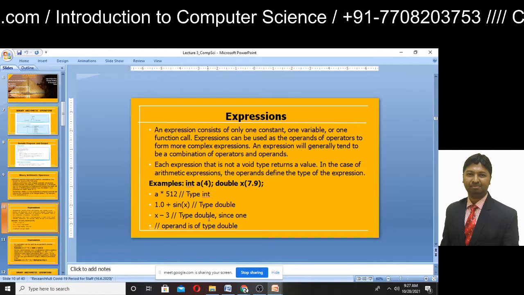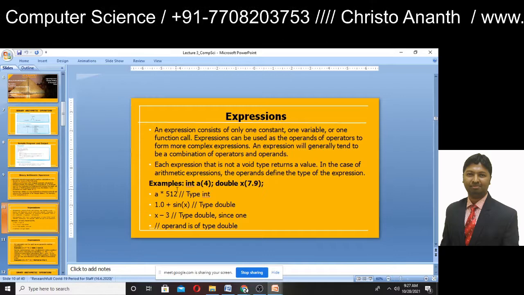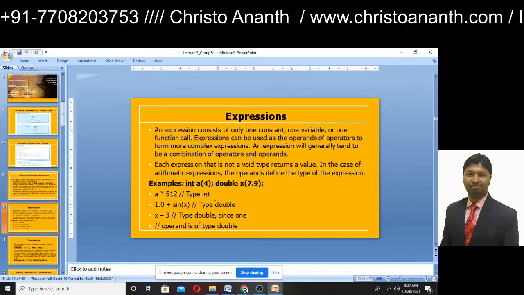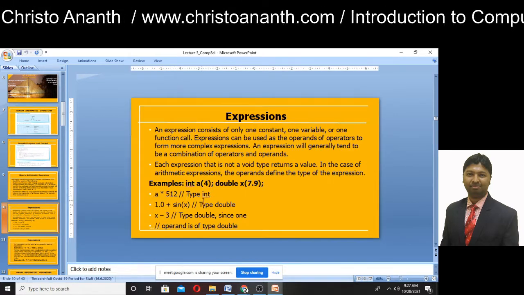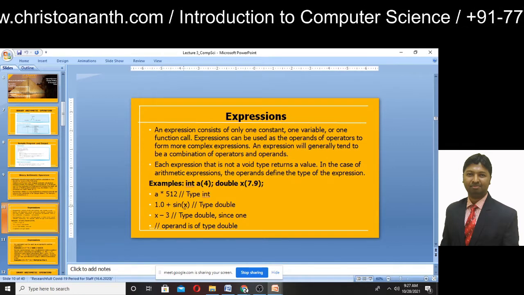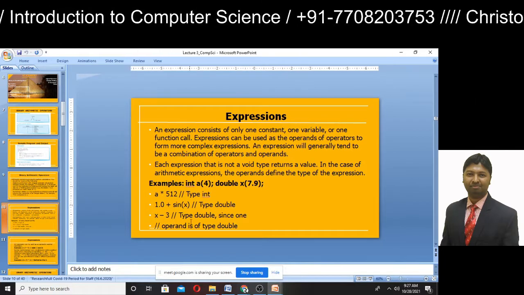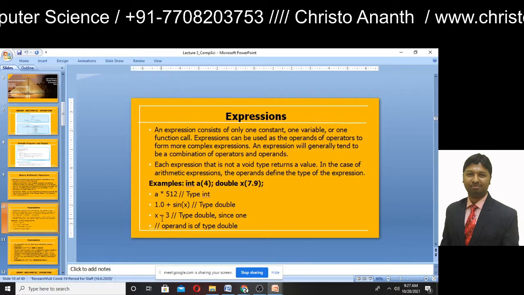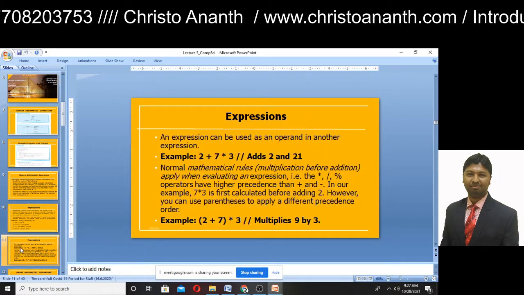In the case of an arithmetic expression, the operands define the type of the expression. For example, we have int a = 4, double x = 7.9. Then a multiplied by 5 is of type integer. But 1.0 plus sin x is double, and x minus 3 is also double because one operand is of double type. So this is how you use expressions.